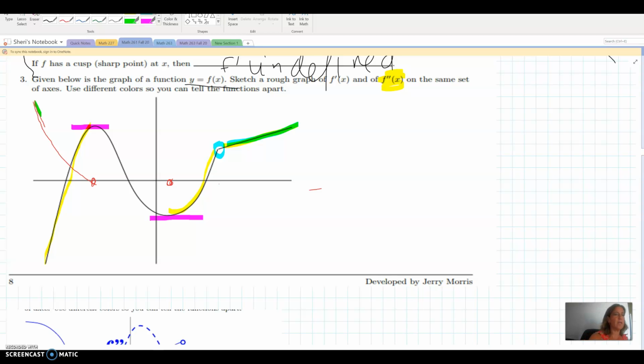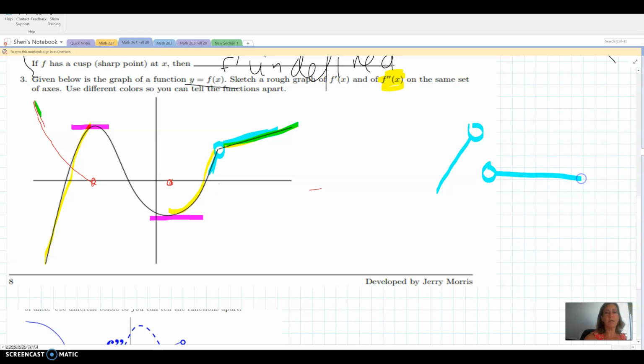So maybe right here on the left of the blue, maybe that's a rate of change of 3 to 1, and then it immediately jumps over here to being 1, right? So there's going to be a break. I'm going to have something that's going up, up, up, and then it's going to break, and it's still going to be positive, and then it's going to stay the same. Because that piece that's highlighted in the blue-green, the blue on top of the yellow, is a linear function,